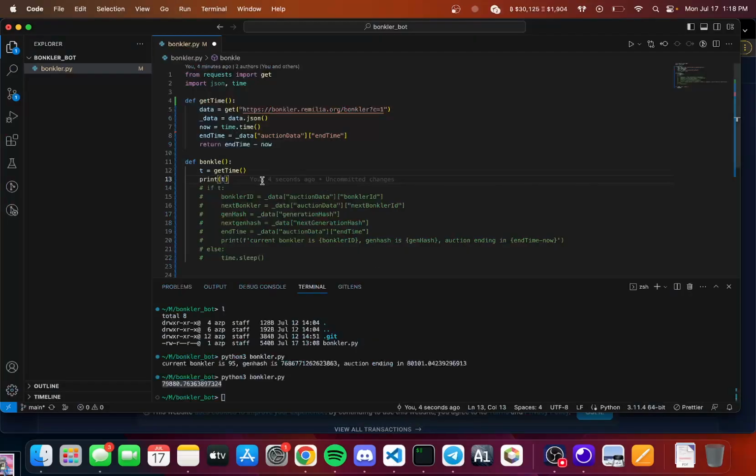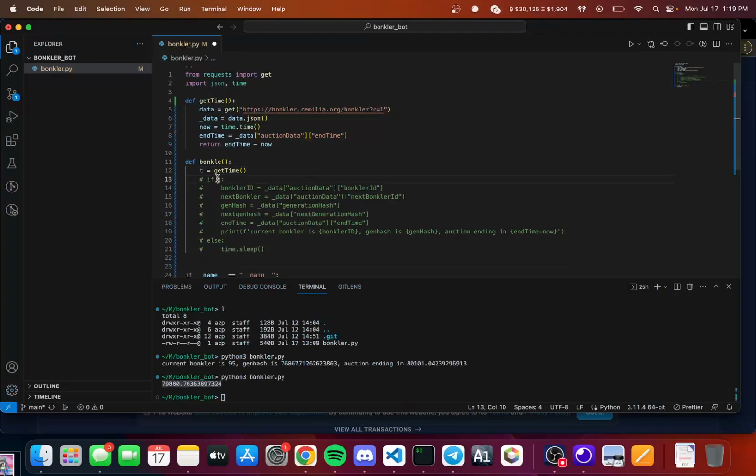So now what we're going to need to do is basically say, right, if t equals 0, what does that mean? That means that time now is actually more than or equal to the actual end of the auction. So now that means we're going to want to bid. And the reason I have this is because